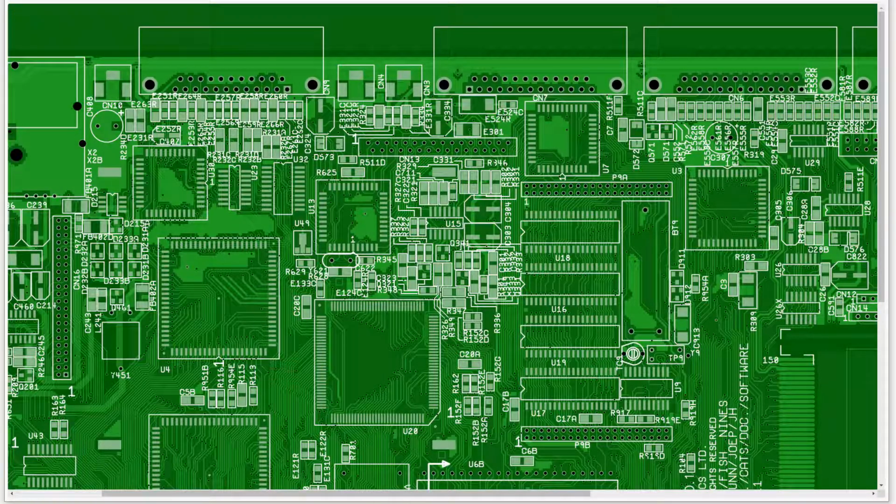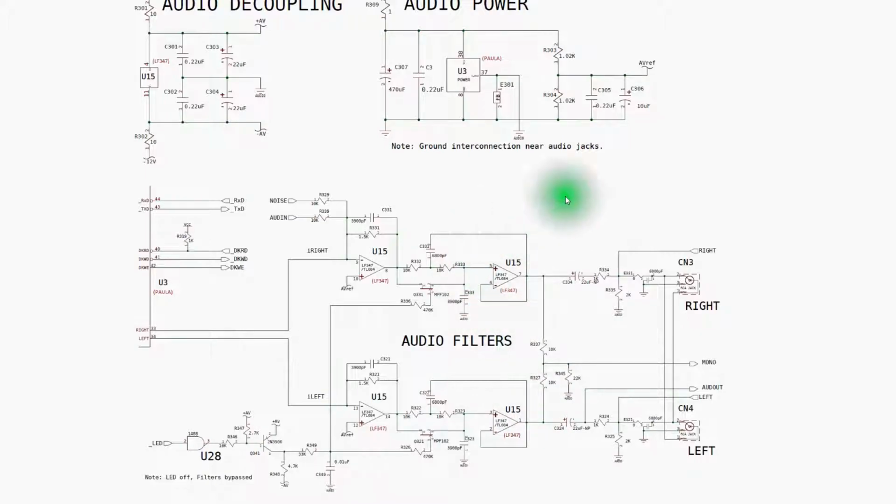So if we go back to the schematic, we were just looking at pin 37, which comes out of the Paula chip and produces that audio ground, and we saw where that audio ground was connected to the plus side of one of these caps and the negative side of the other. We saw that in the traces. And it ends up coming through to the audio ground and the op amps that are connected here, here, here, and here. So to me, this was a great resource